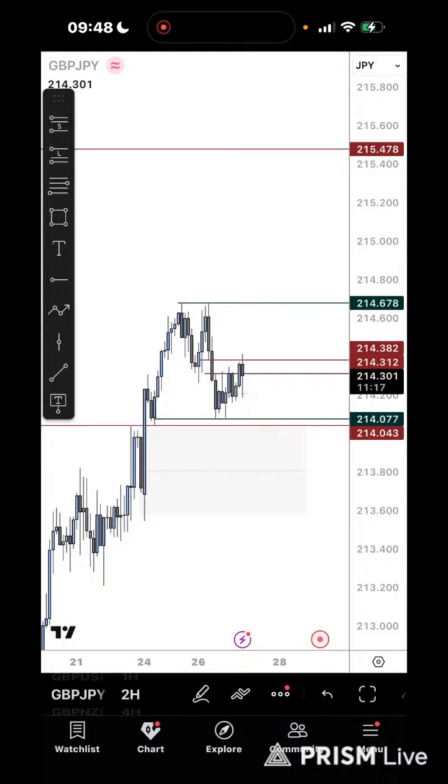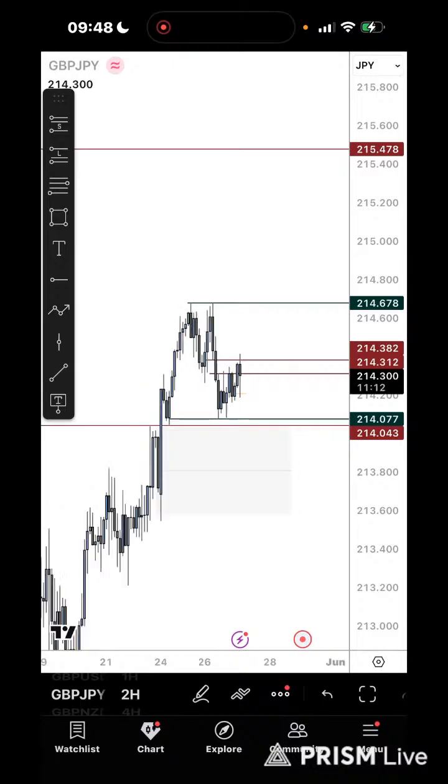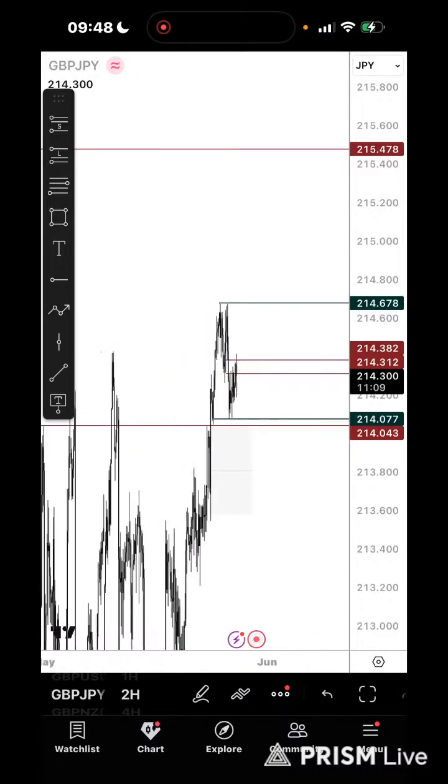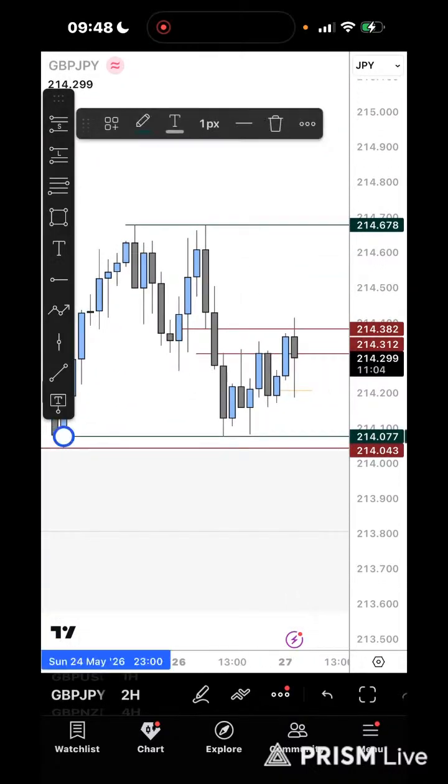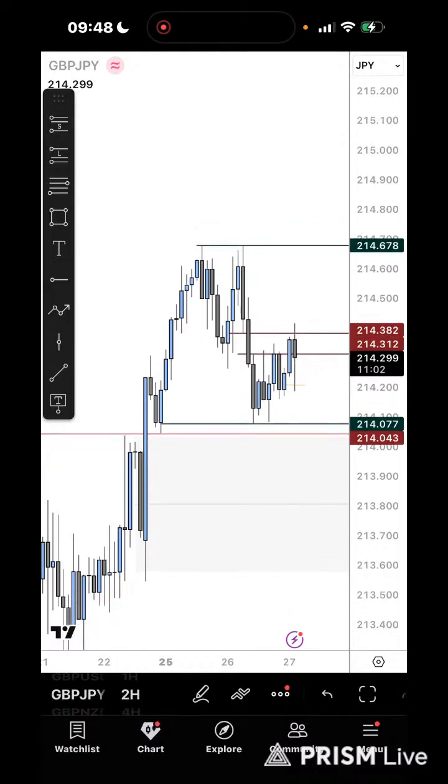Okay, so this bullish order block is at the bottom of the fair value gap range, so the lower bound. And you'd also notice that it's right next to these equal lows right here. So if price was to come down to these equal lows and tag into this order block, then we'll get institutional order flow to help push price to the upside. So that's why it's very important we wait for price to get to the 214.077 level. And we should expect price to even potentially pull back into that order block a little bit. At that point is where we'll be looking for opportunities to buy, as long as time is our friend,